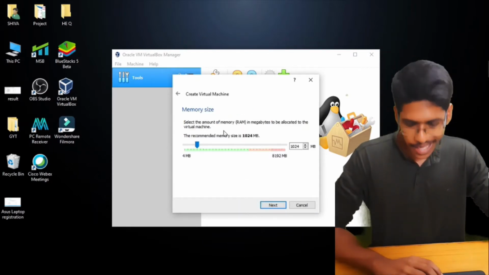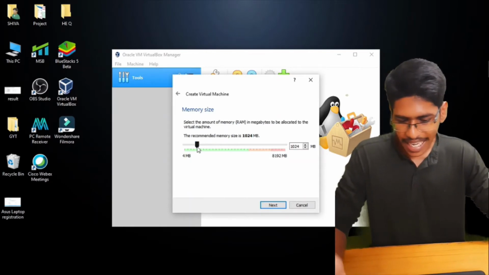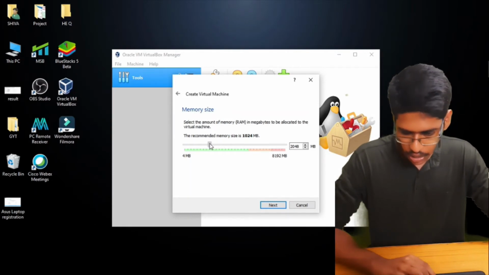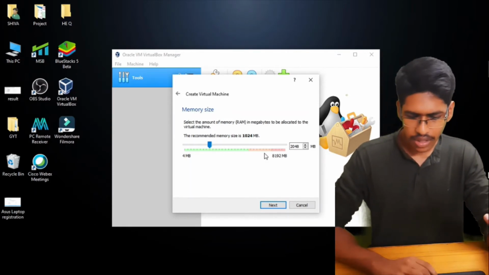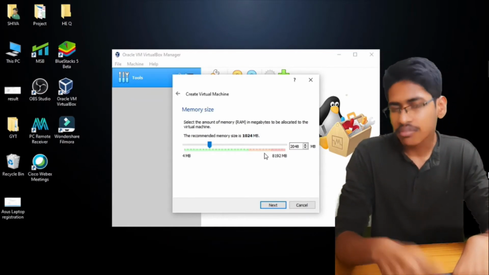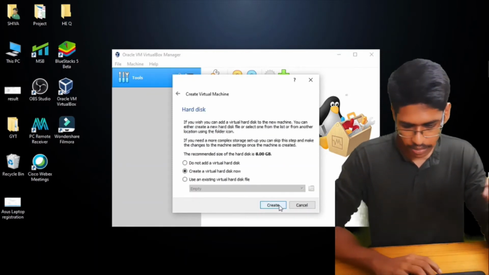Next is the RAM size that we are going to give this one. Since my laptop is an 8 GB laptop, I'm going to give it 2 GB, but you can give it any number, but as long as you are in the green, don't go into the red, that will be bad.